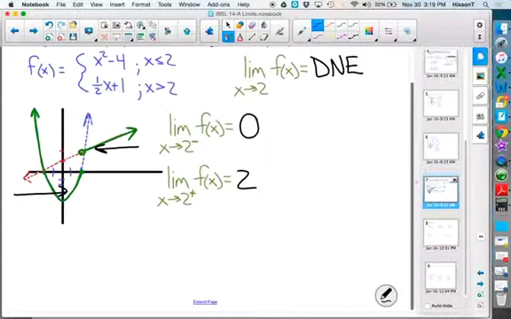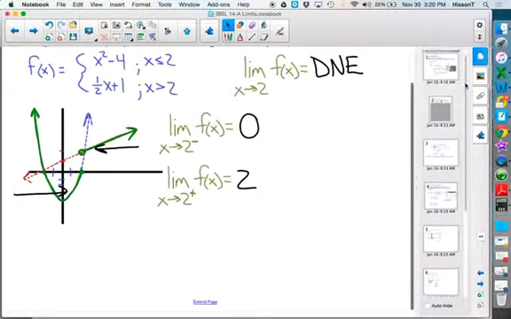Okay? And the reason is, remember what a limit is. The limit is a value, singular, that the function approaches. Here, the function is not approaching a single value. It's approaching 2 different values. Okay? So because it's approaching 2 different values, there isn't one value that it's approaching, so the limit doesn't exist. Okay? And that actually brings us to